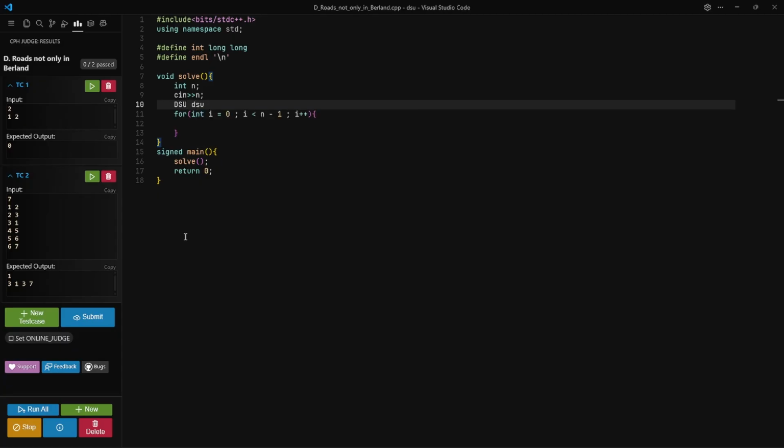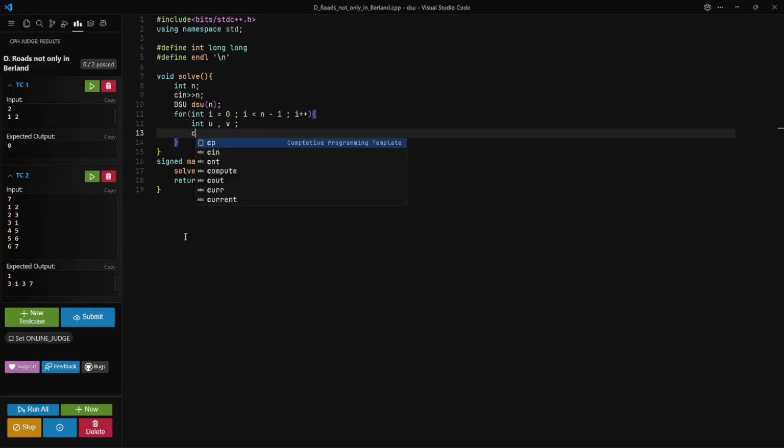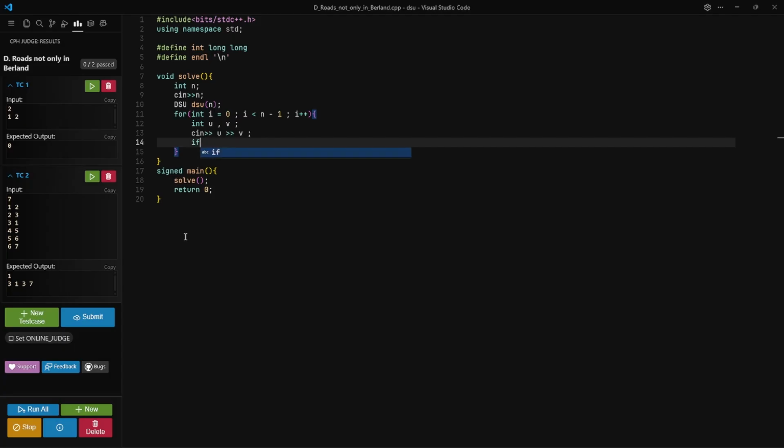DSU of size n. Each of the n minus 1 lines would have u and v. So let's take it. Okay, wait, let's unite at the same time. We need to unite them at the same time,